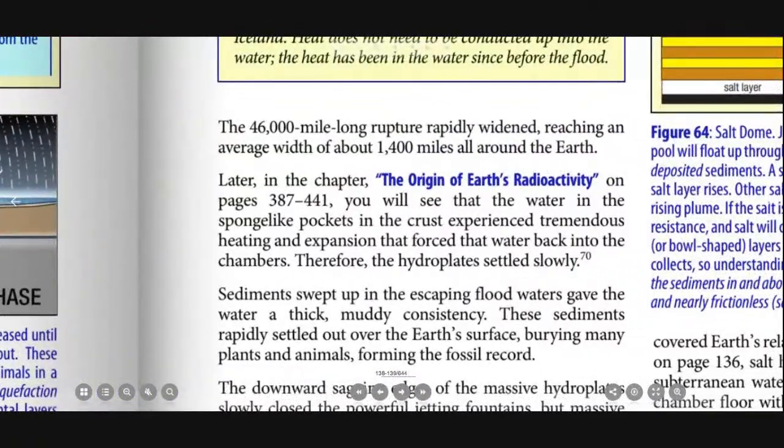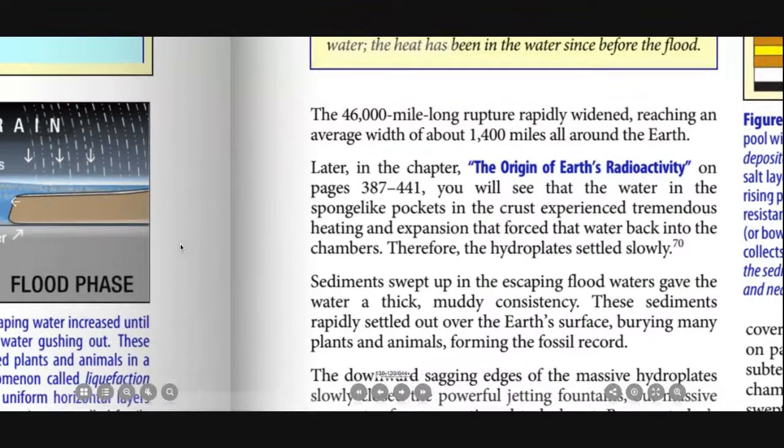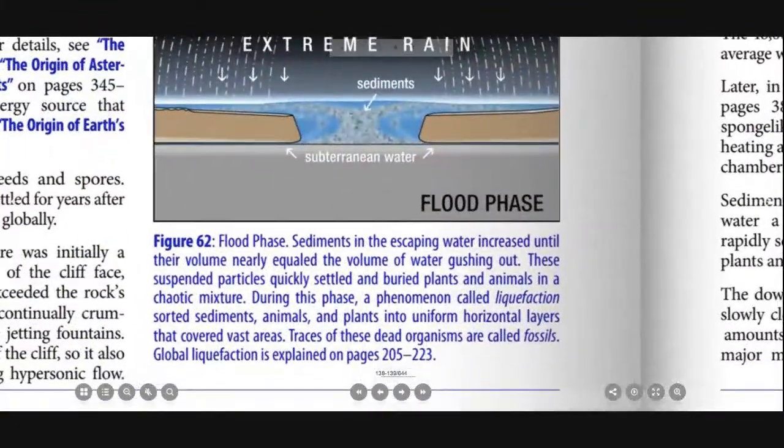The 46,000 mile long rupture rapidly widened, reaching an average width of about 1,400 miles all around the Earth. Let's see what it says here. Figure 62, flood phase. Sediments in the escaping water increased until their volume nearly equaled the volume of water gushing